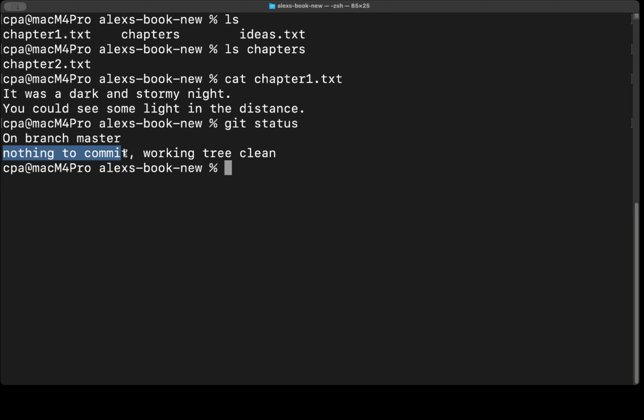And it says nothing to commit, working tree clean. So when you have this message, nothing to commit, working tree clean, it means that compared to the previous snapshot, previous commit, which was commit 2 in our previous video, we have no more changes in our working directory. So basically, we haven't changed anything in our working directory, so in these files, ever since we saved our second